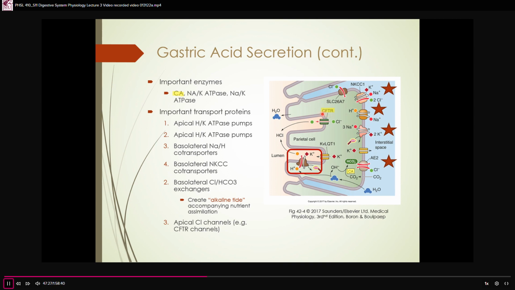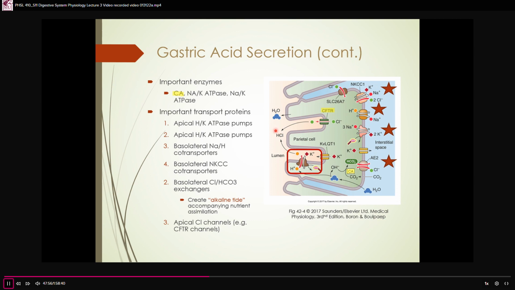This stands for cystic fibrosis transmembrane conductance regulatory protein. That's a big fancy name for just saying I'm a chloride channel. And when this channel is open, chloride can move through it bidirectionally. It will move according to its electrochemical gradient. Here, both the electrical gradient and the concentration gradients favor the chloride coming out into the lumen and following the hydrogen. And so that's how you get this HCl